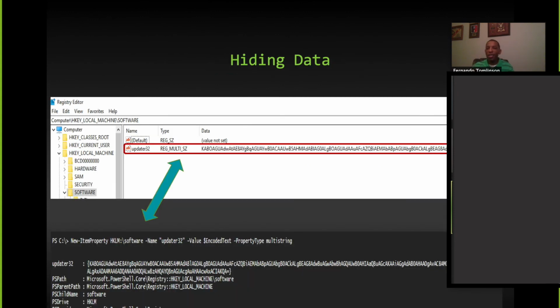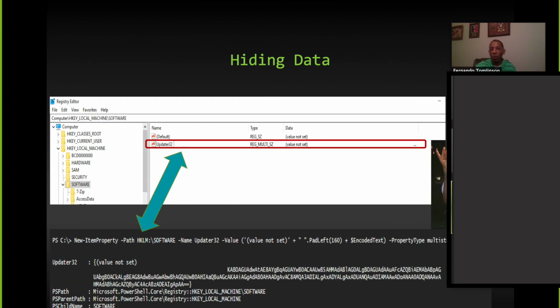All right, hiding data. We kind of talked about this, where we can put stuff in the registry. You may say, well, what happens if an admin runs across this, sees that, and thinks, hey, this doesn't look right? Well, what we can do is pad it with white space, and have it say value data not set, kind of like it would at the top key there.